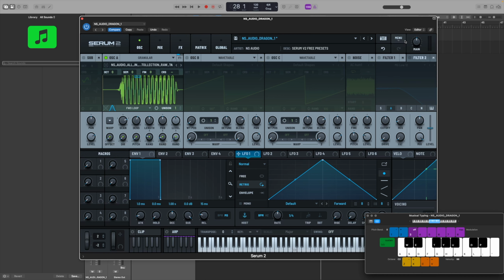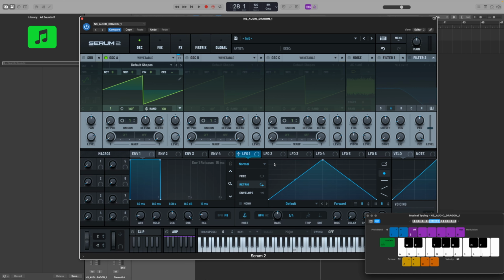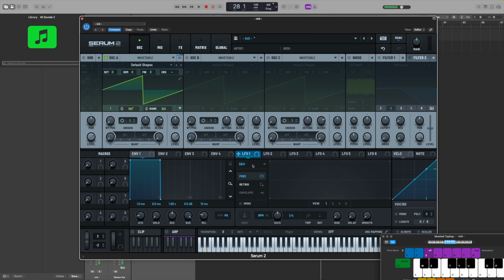We have the LFO section below here. Also a lot of new functions. The sample and hold is one I do really love. This is a really old waveform. So if we link this to the seminodes, it's randomly pitching it up, down, or if you do it to the volume, it's going up and down in volume, of course. If we do this very fast,